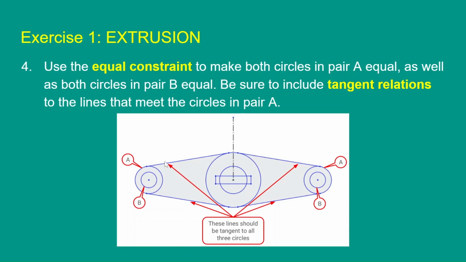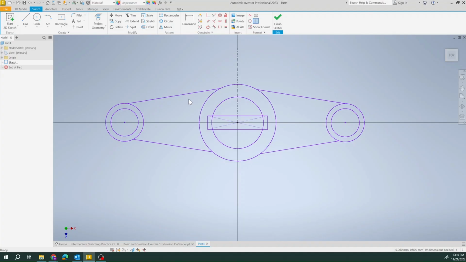Then I want to make sure that these lines are tangent to the circles at both ends. So I'm going to use my equal constraint, and when I make my equal constraint, I'm going to pick the smaller circle and the other smaller circle. I'm going to click both of them, and I should see that equals constraint show up. Now I'm going to click the bigger circles until they're equal to each other, so I get the equals constraint